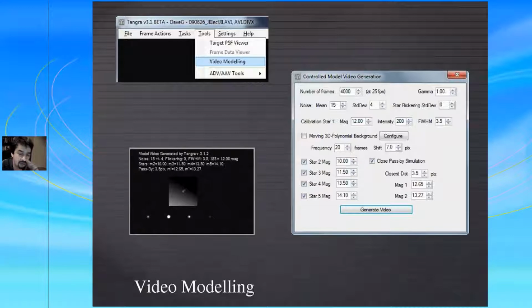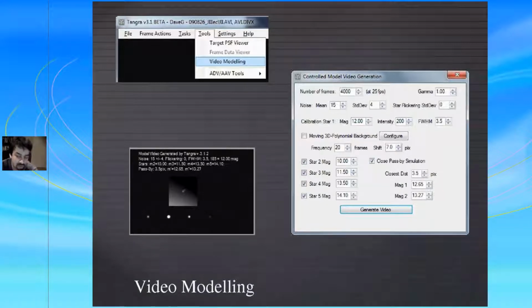And you can also ask Tangra to generate a moving 3D polynomial background, which will generate an interesting video. And when I did that, it was very useful for me to verify that all the measurements in Tangra are correct.